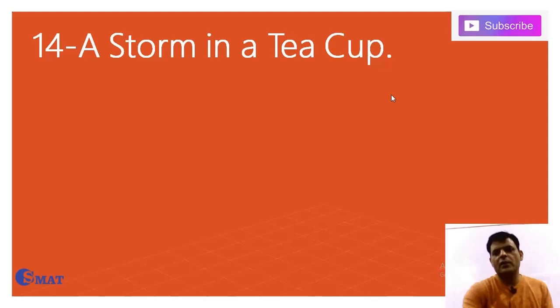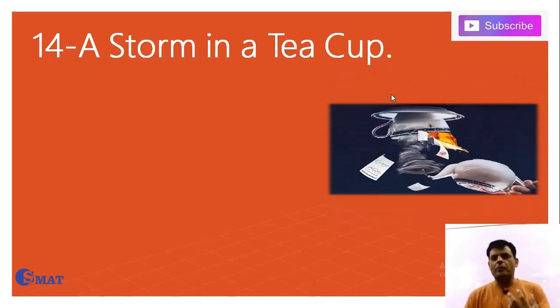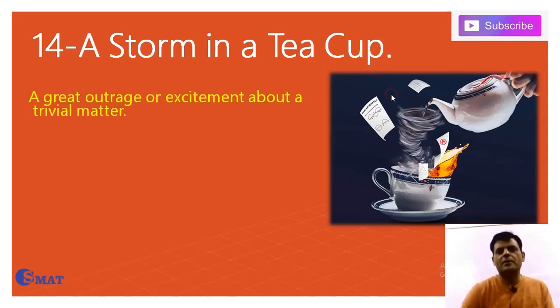The next idiom is a storm in a teacup. A storm in a teacup. You see, this is what we call metaphorical and figurative language, in fact. So we know that it's quite ironic, or it's not literal, that a storm has ever come to a teacup, but it's used in idioms. It means a great outrage or excitement about a trivial matter. When someone is behaving extraordinarily on a trivial matter, on a common matter that can easily be